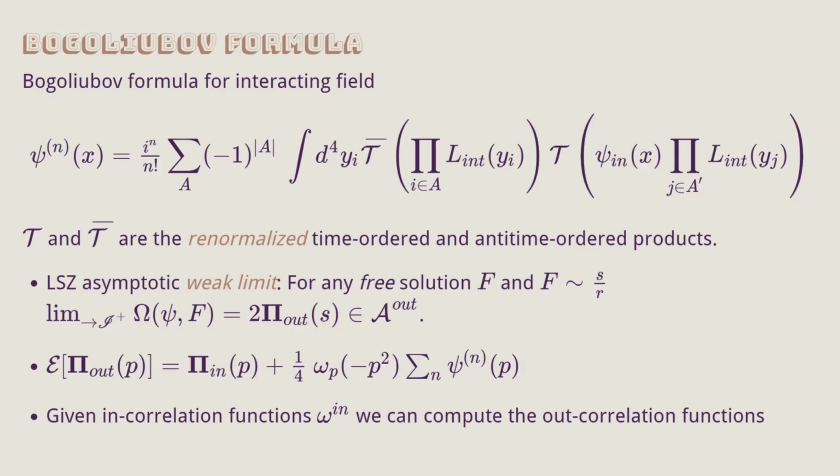Ignore the overall factors. They just come from calculating exactly what the limit is. If you compute exactly what the limit is, the 2 shows up. You can just say 2 pi is my operator if you want. There's no problem with it. The second last line on the slide is the free answer. That's for the free theory. No, the psi n is the interacting one. Oh, okay, so these are all the corrections from interactions. This is the free piece. So in the free theory, whatever you send in is exactly what will come out. There's nothing going on. Yes, where the out is at zero frequency, correct.